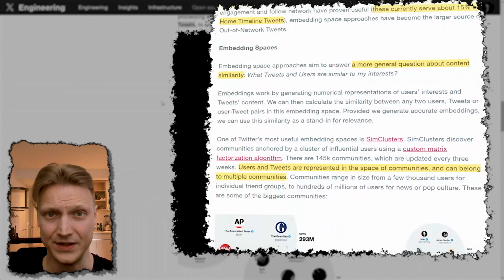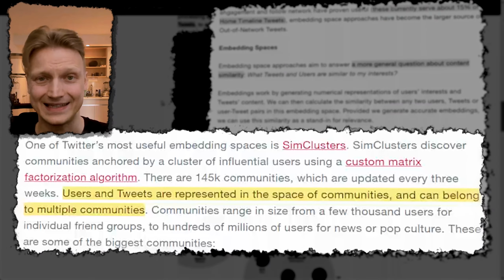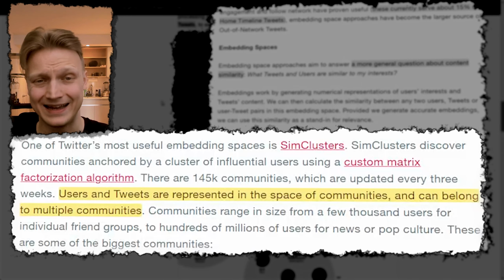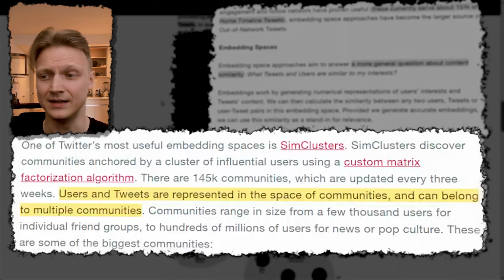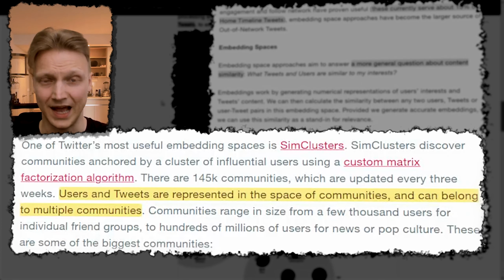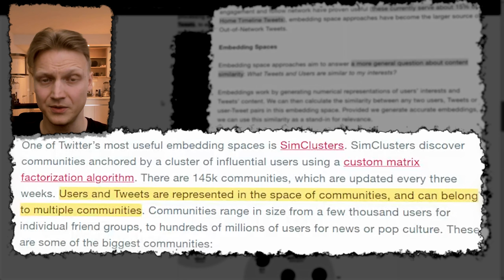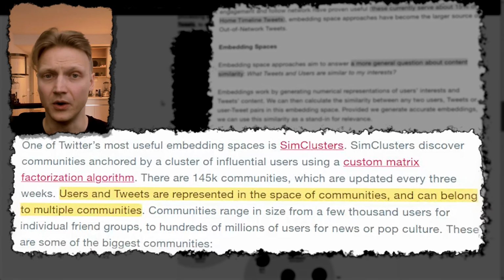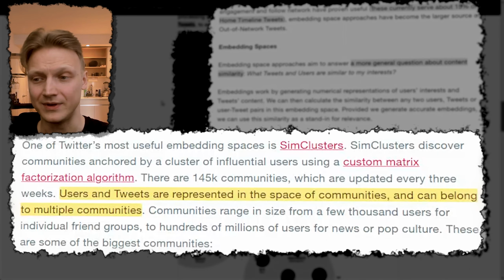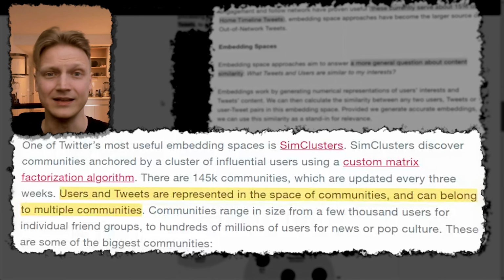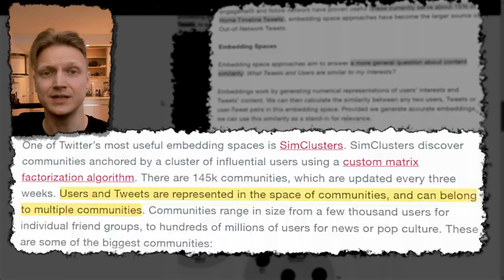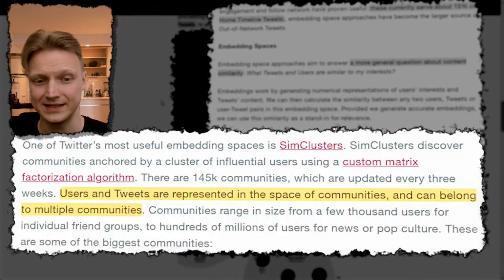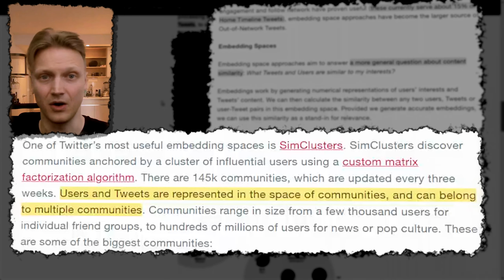They're also happy with this new thing known as Embedding Spaces in the data science community. They've built SimClusters, which is a system that detects 145,000 communities amongst all of the activities on the platform, coming from both content consumers and content producers. Turns out there are methods for both groups. Those are implicit communities. You can't see them. You can't tell how many people are in there, and it's changing over time. But the reason they're happy with that is because after introducing this system for candidate sources, they started to see a considerable growth in engagement metrics.